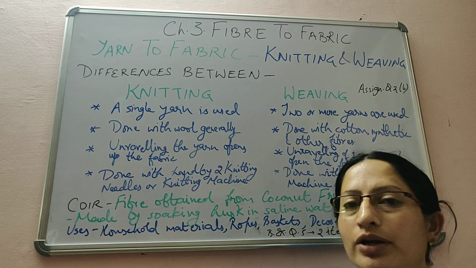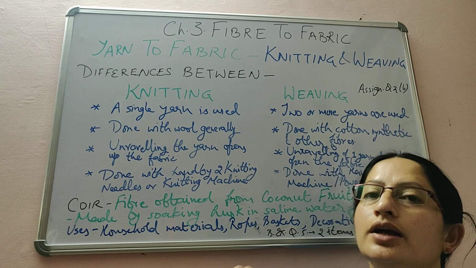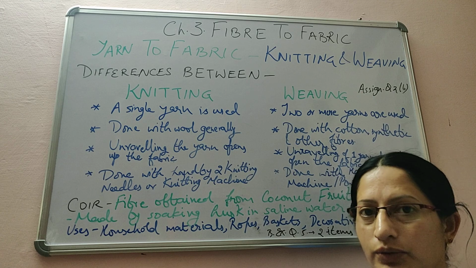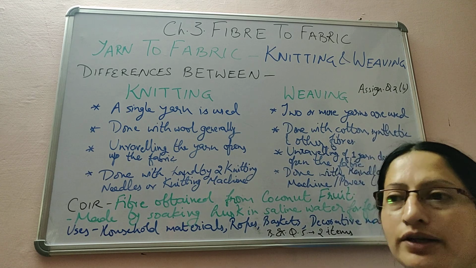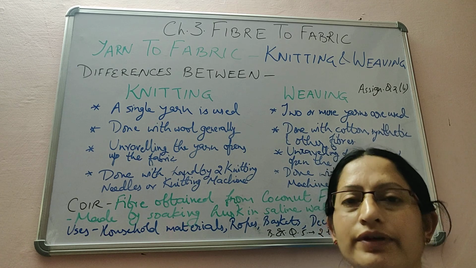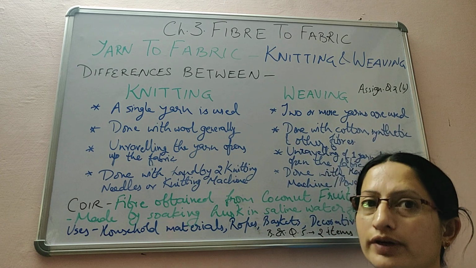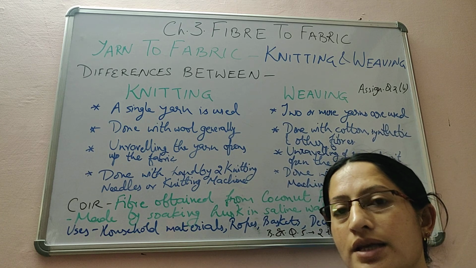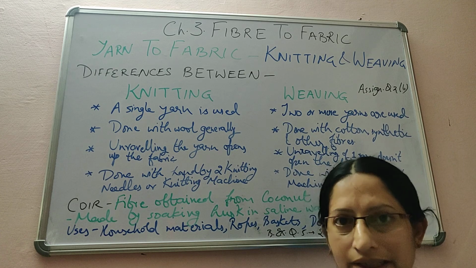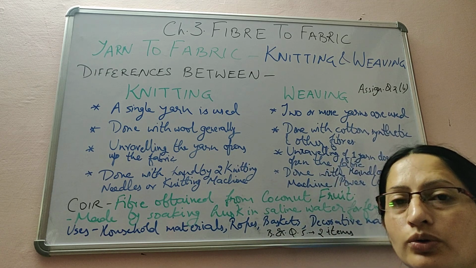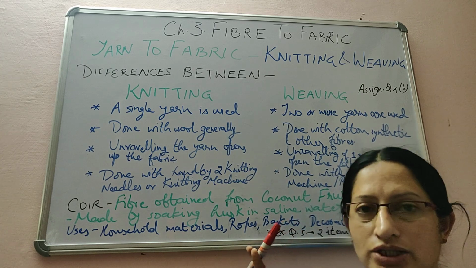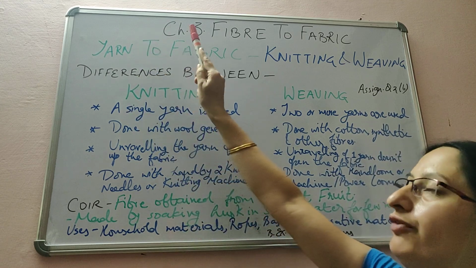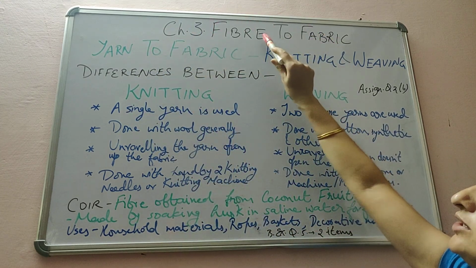Now in yarn to fabric also we have discussed about the weaving process previously in our videos. And the weaving tools, like we have discussed about hand loom, we have discussed about the power loom, how power loom or machine loom is advantageous over hand loom. That also we have discussed through some of our PPT slides in the video. So now we will discuss from this lecture that there is another method of converting the yarn to fabric, that is the process of knitting.